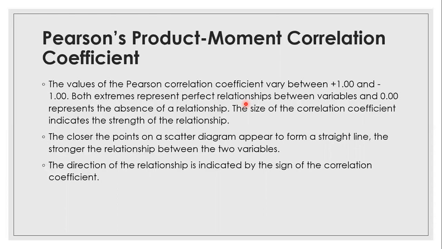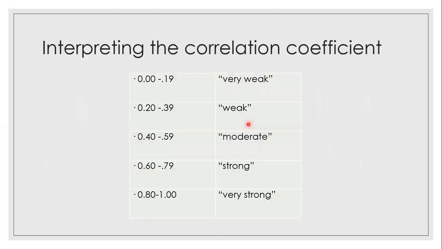When you plot your scatter diagram, the closer the points appear together, the closer it resembles a straight line. That tells you, before you even do the calculation, how strong the relationship is between these two variables. So it's usually a good starting point to begin by plotting your diagram. Now, when you do calculate your coefficient, how do you interpret it?